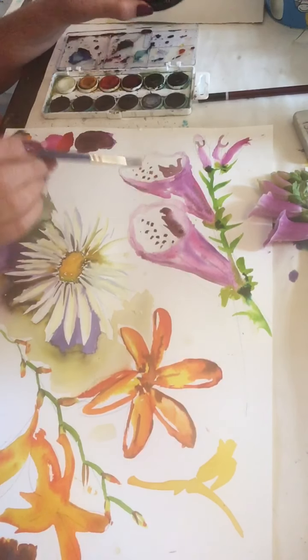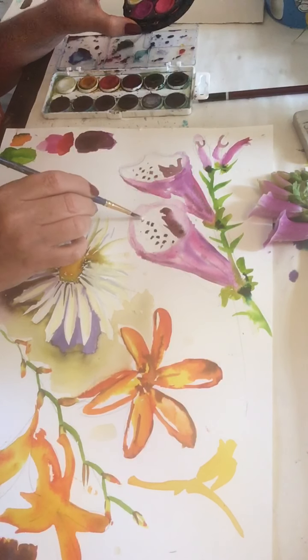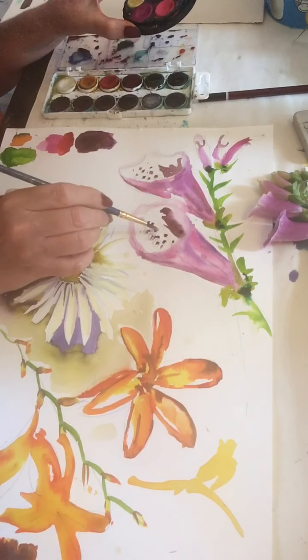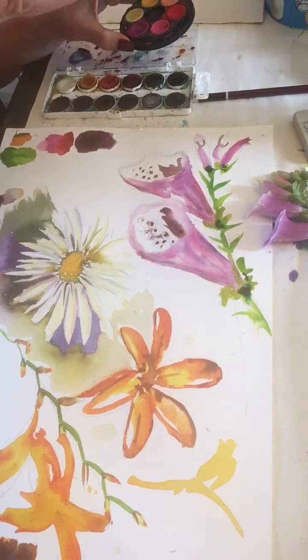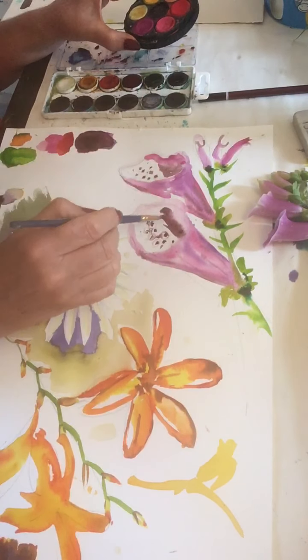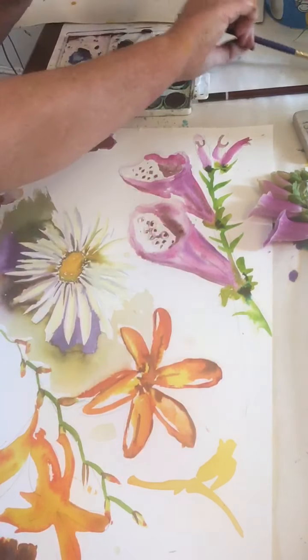Now around each one of those dots is a kind of white. Now that's difficult to do in the time of this, but I might just go around each of these little dark dots with some white, but better if that was a bit drier and we had a bit more time. Add a bit more pink inside the centre of this. Okay, and what I can do,